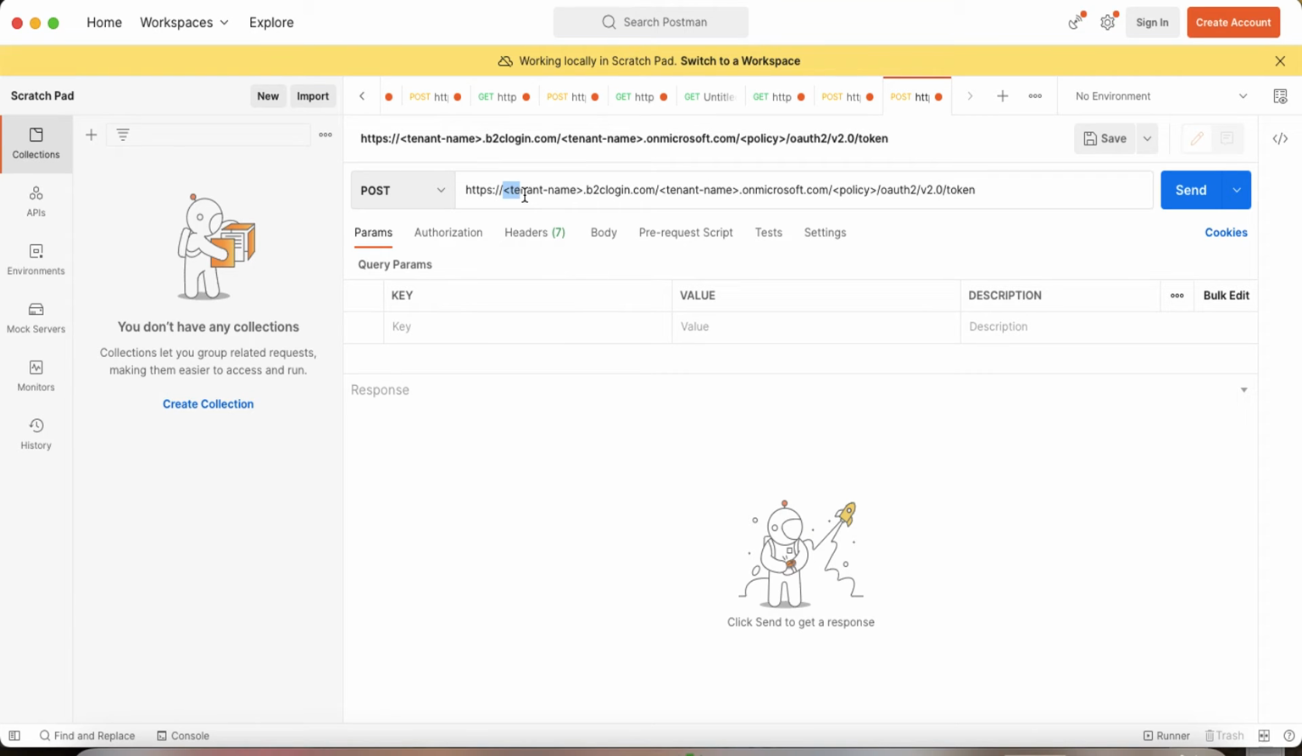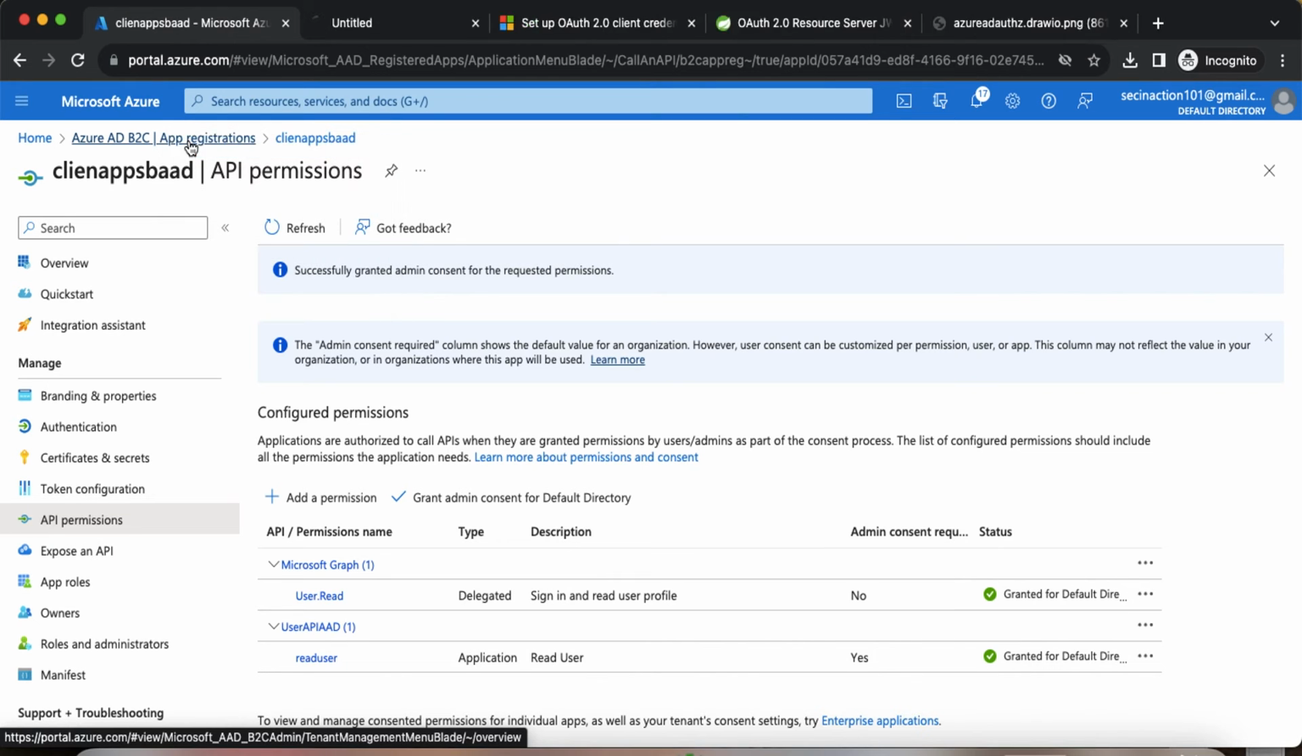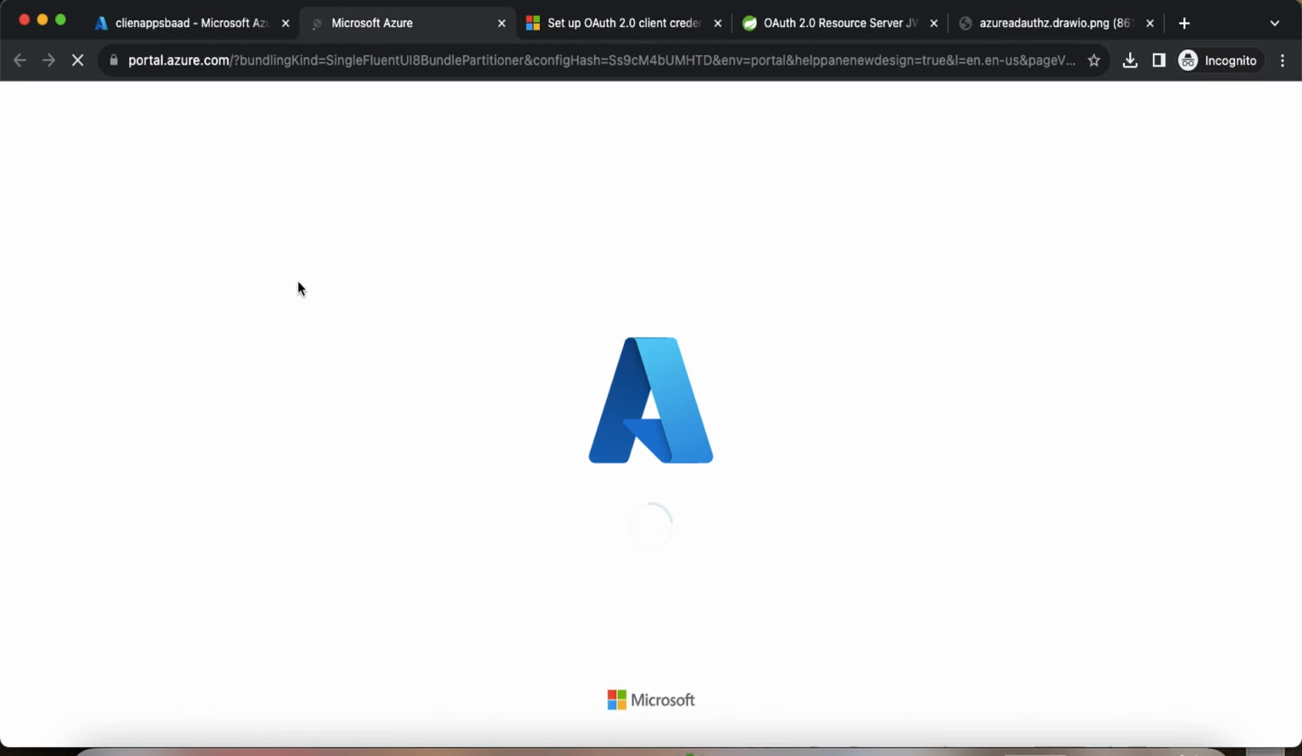So replace this tenant name, replace this tenant name here as well. Now we need to replace this policy. So I will actually open a new tab, right click, because I want to keep this page. I don't want to close it. Go to your new tab,